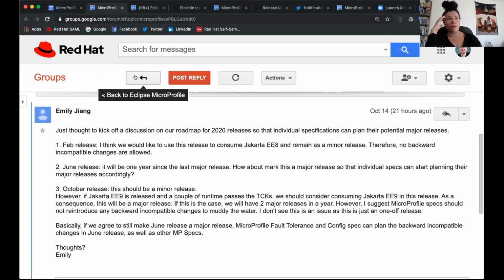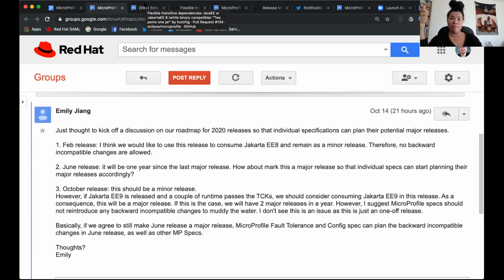The thing about MicroProfile, and my side, and being biased here, is that if we make the major release only based on Jakarta EE 9, we will put all our eggs in one basket, and I don't like that complexity, right? I am blind to what each extension is doing at the moment and their vision for 2020.